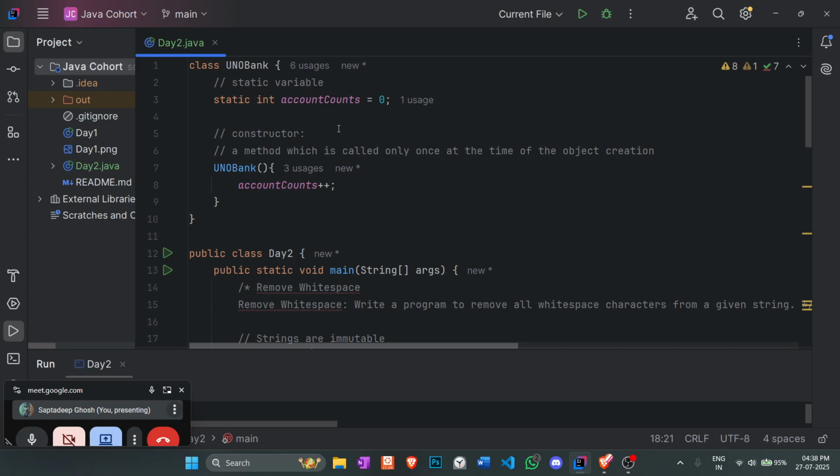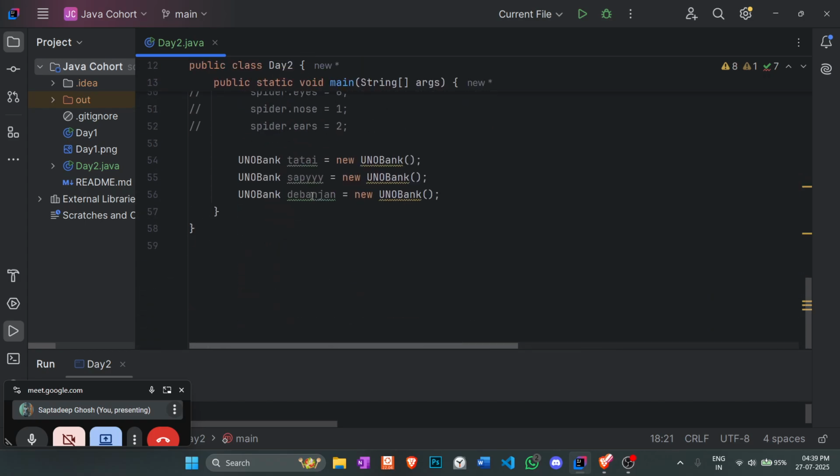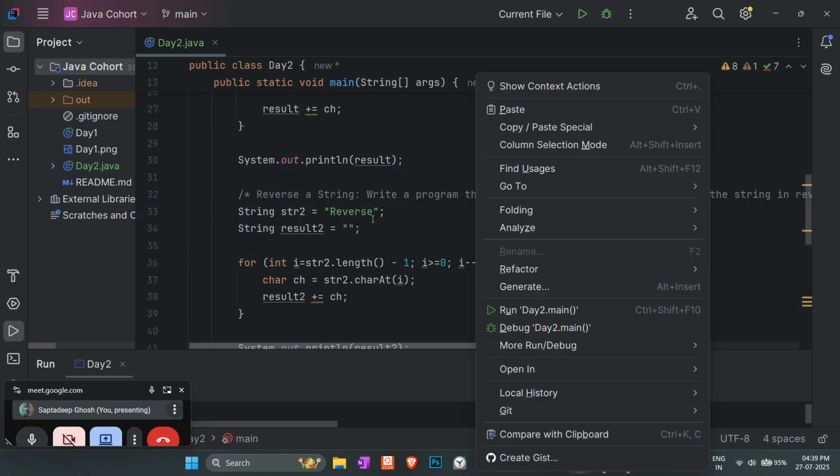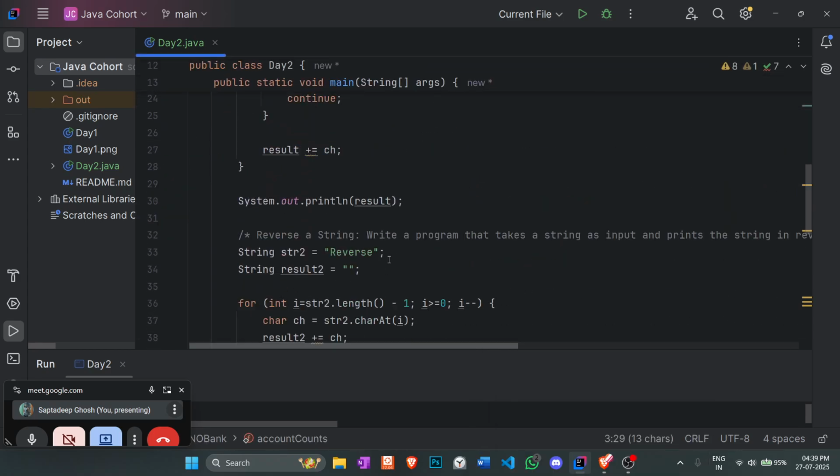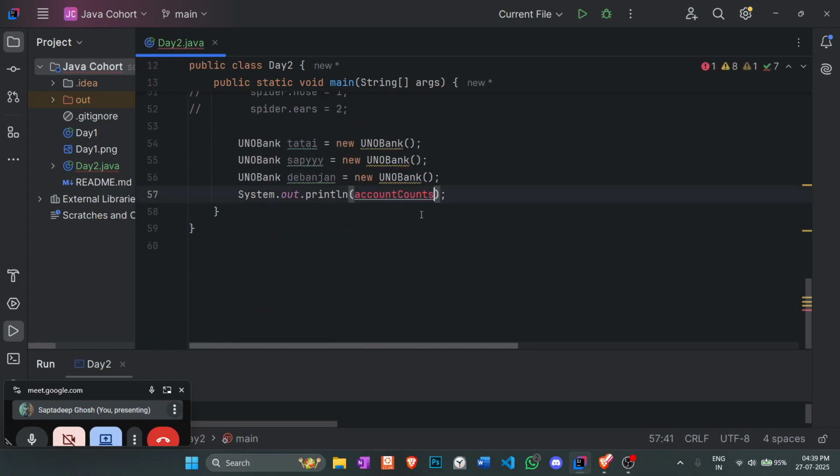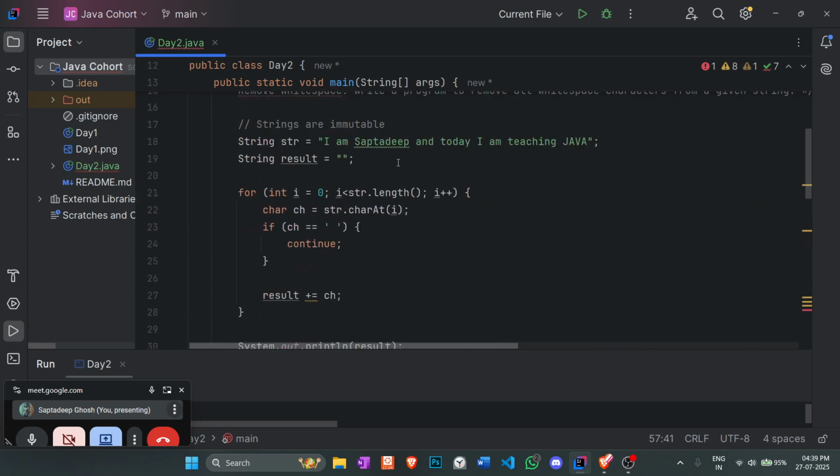What we want to do is know it universally. This is what you were talking about, a universal variable. This is a universal variable first of all. So we want to know universally inside the Uno Bank how many total accounts are created. The better way we can do this is, first of all, just print with System.out.print. What do we want to print? We want to print the accountCounts, right? And accountCounts obviously, but now there is no accountCount because this is local scoped,